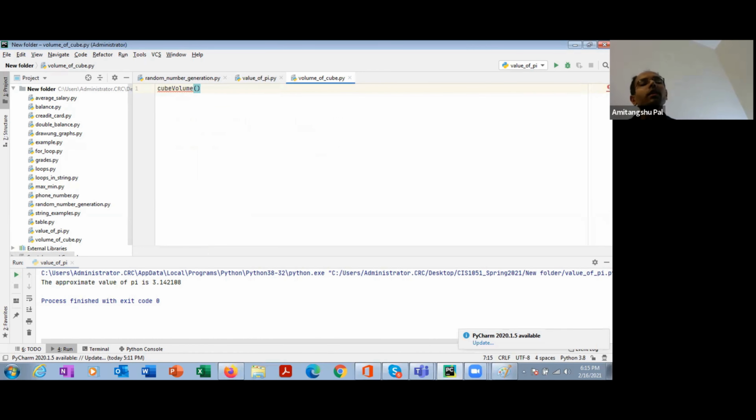For calculating the volume of a cube, what do you need? You need the length of the side, right? Volume of a cube is the side length cubed, right? So you need the side length.